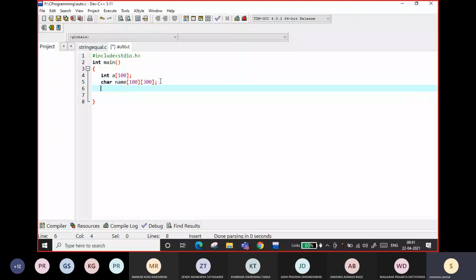So name of 0 to 300 will take the list of names, which I can store in the two-dimensional array of name, right?